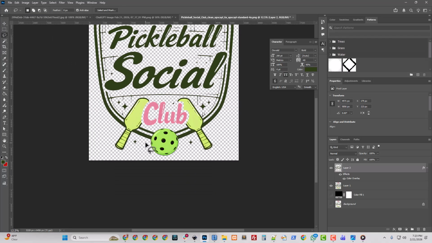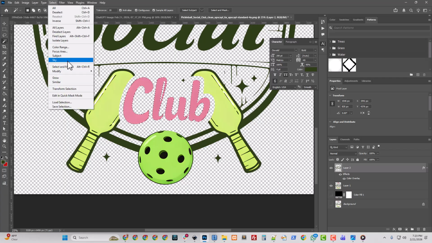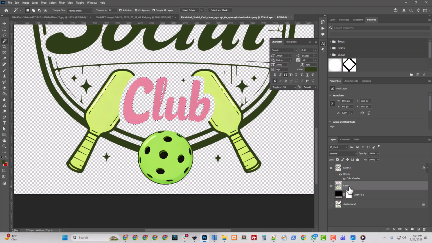I mean, if I wanted that white there, I would just pick this. Actually, let's Control-D that. I'm not sure what's happening. I want to sample all layers. I'm going to turn contiguous back on. I can just pick this pink, and I could actually do the same thing. So I could do Select, Modify, Expand, and I'll just go like 5 pixels. So I get way outside of it, and I can just cut that off this layer and then paste it